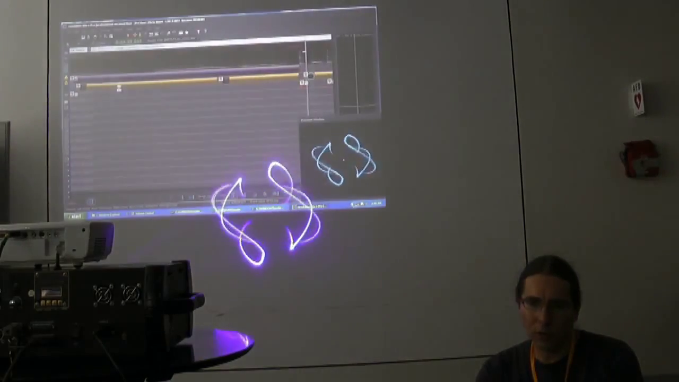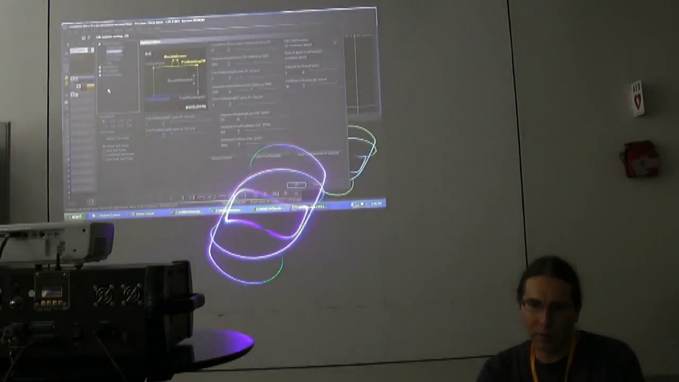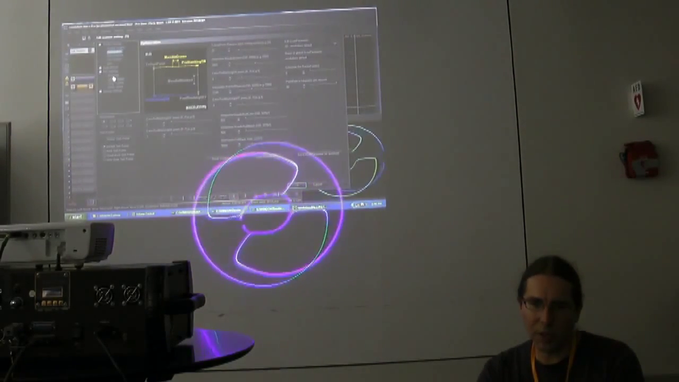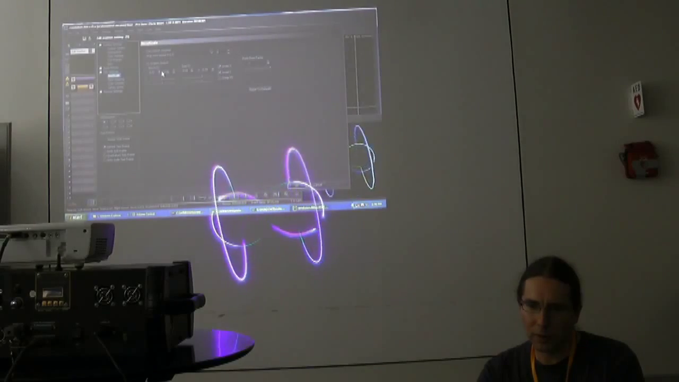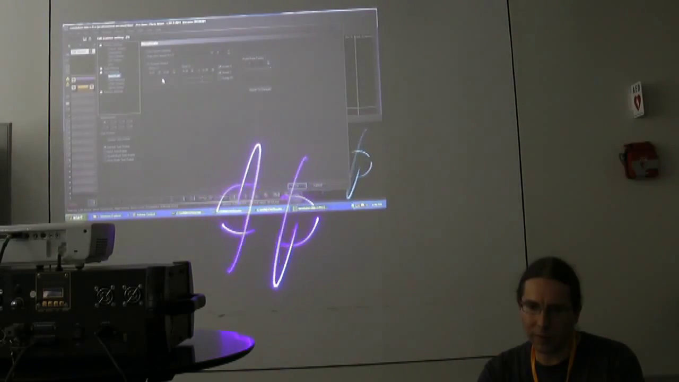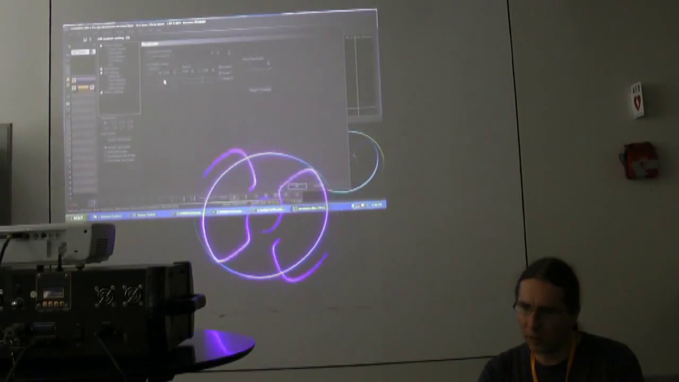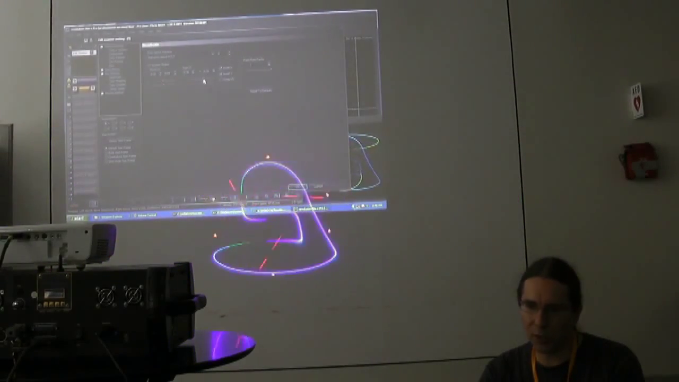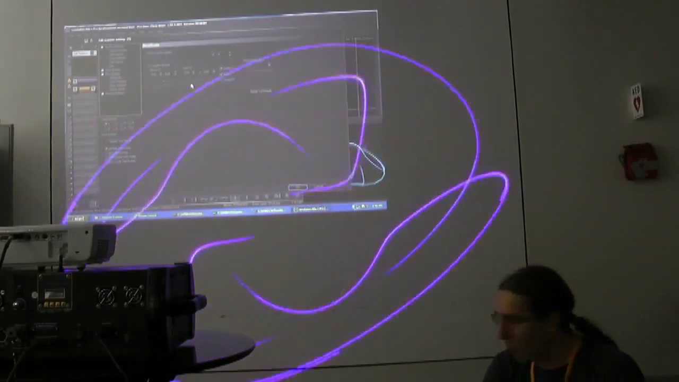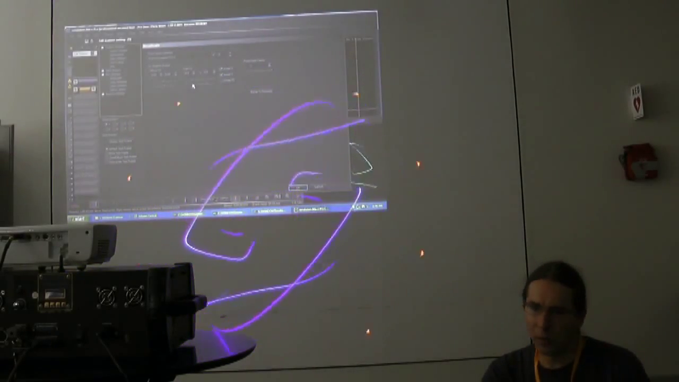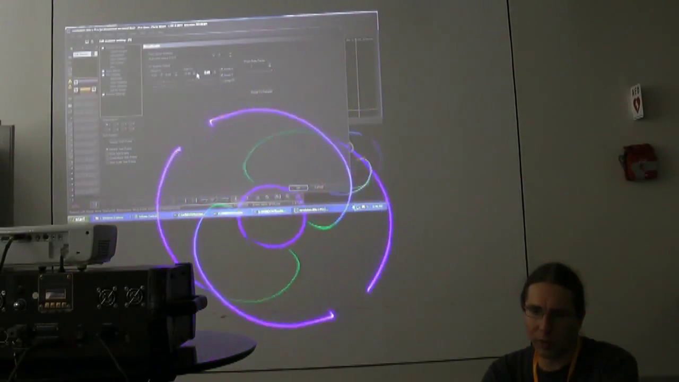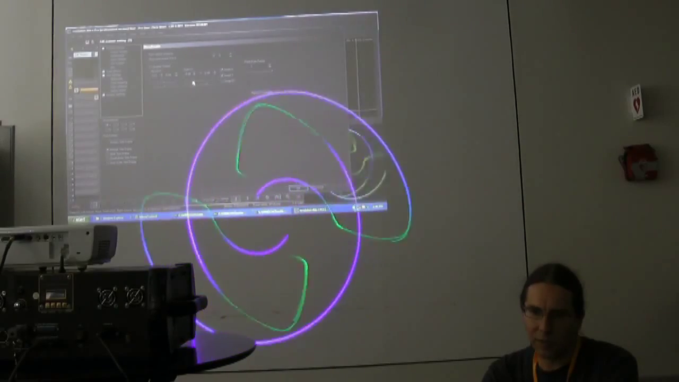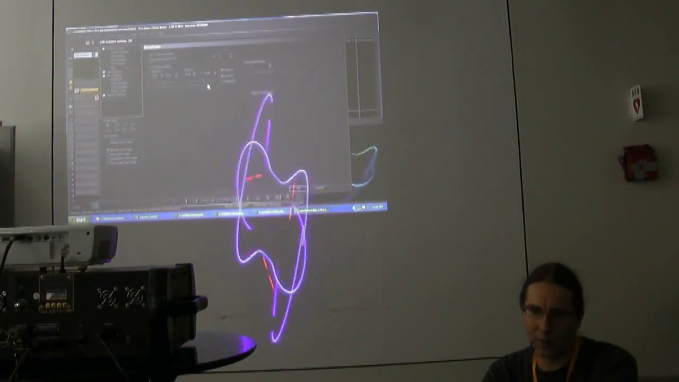I can also, while the show is running, change the position of the show, let's lock this together. I can change the size, I can change the position of the show while the show's running, which is hugely powerful. And there are many packages that don't allow you to do that,